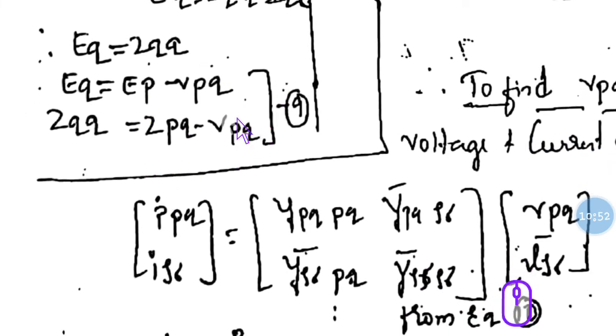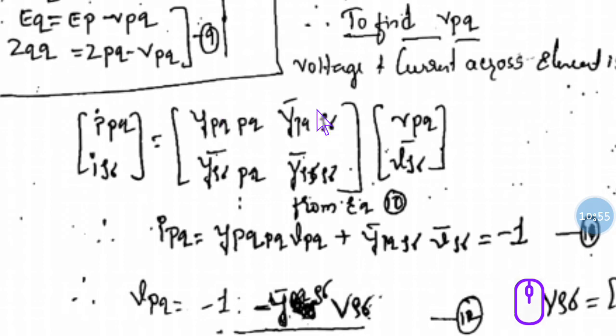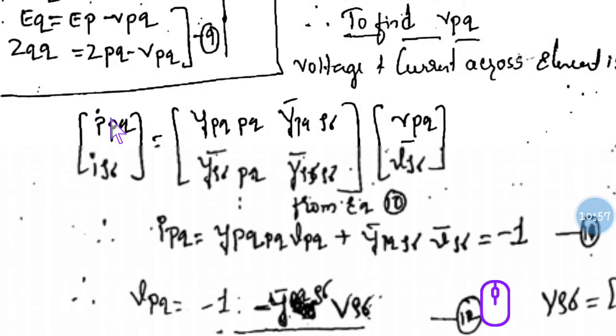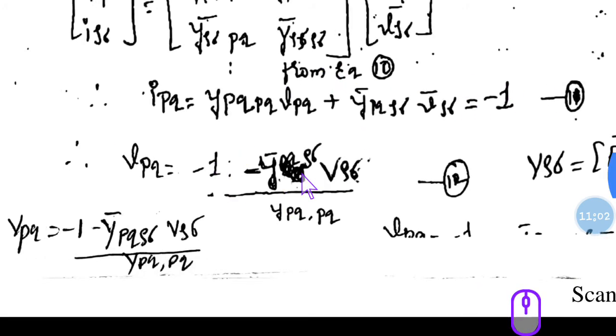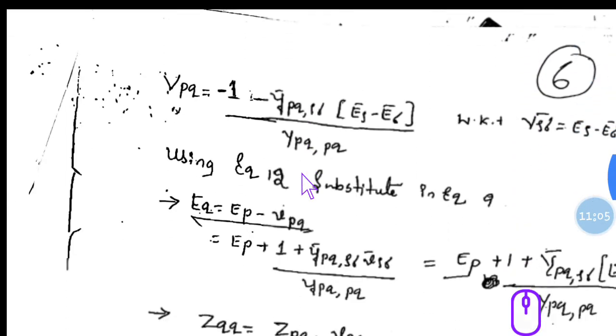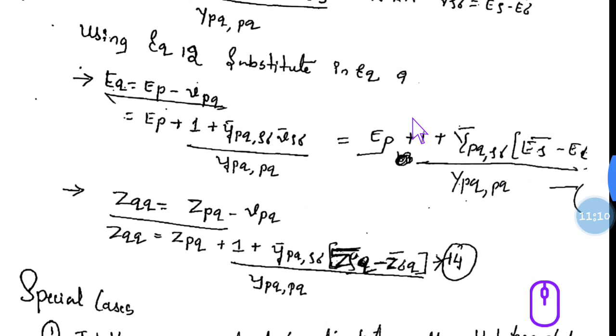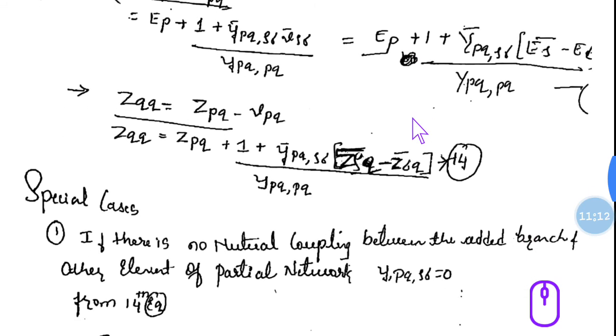Same procedure you have to follow for VPQ. While taking this network, IPQ you make it here minus 1. That is a change. Before it was 0, now put it minus 1. Once you put it minus 1, we are getting this equation. Substitute in VPQ, we are getting this equation, and E rho, E sigma. Once you substitute in the main equation, the final equation we are getting is ZQQ in terms of impedance, ZPQ plus 1 plus this equation. This is for addition of branch, for our diagonal value Z of QQ. Before we found Z of Qi. This is Z of QQ.